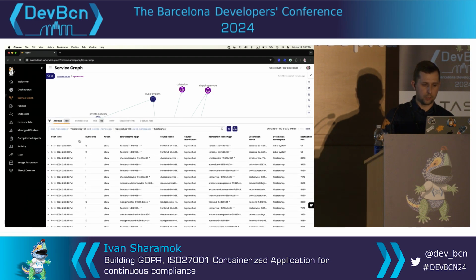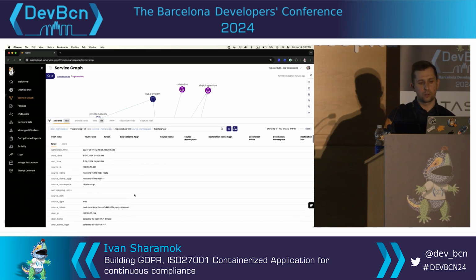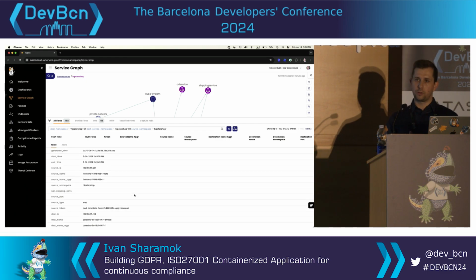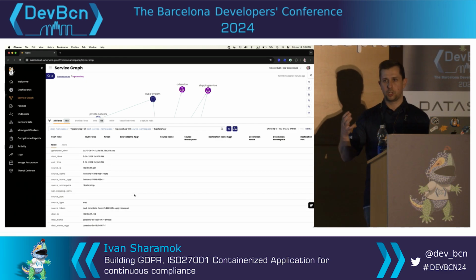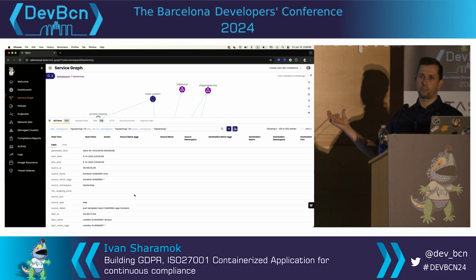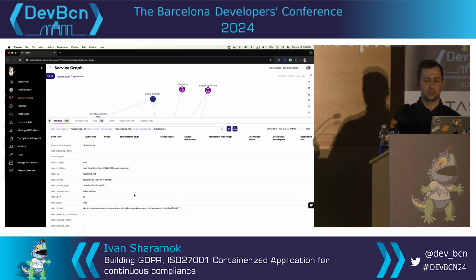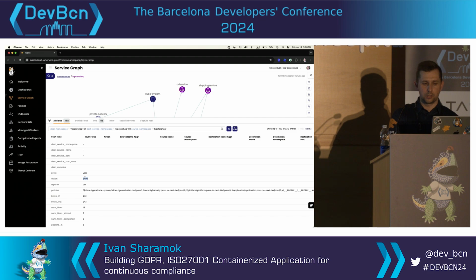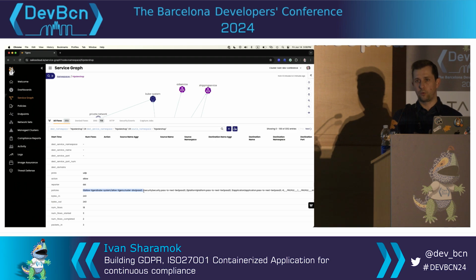There is a lot of data in here, so if I open up one of those flow logs, you would see there is your typical 5-tuple for a network flow log, but it's married with the Kubernetes context. So you have the information about source namespace, the name of your deployment or service, same for the destination, source labels, destination labels. You have the information about the decision that was made, that traffic was allowed, or which policies were evaluated for that communication.